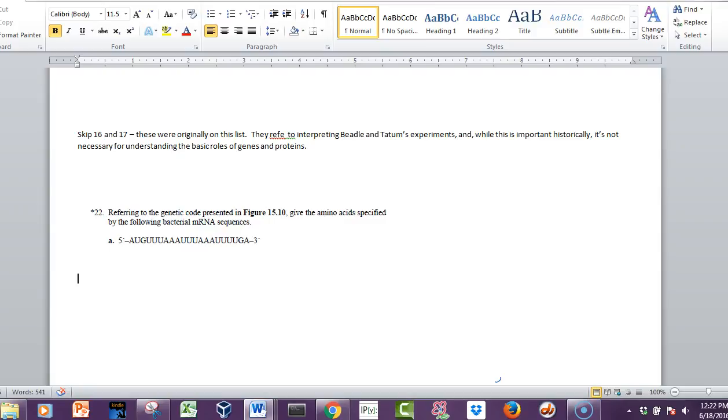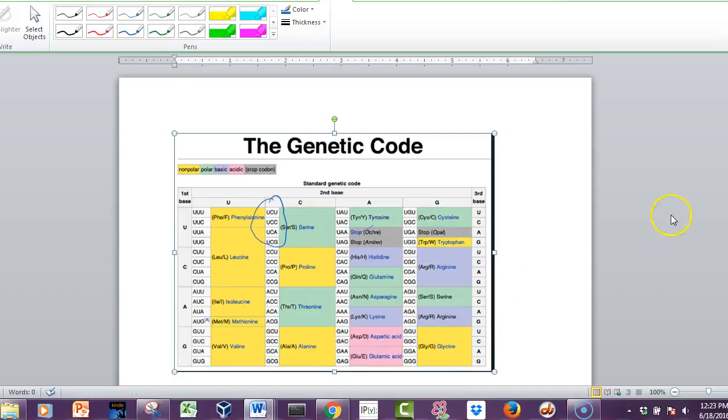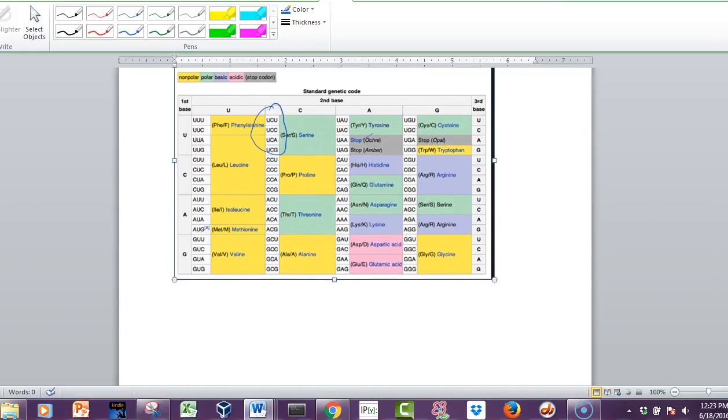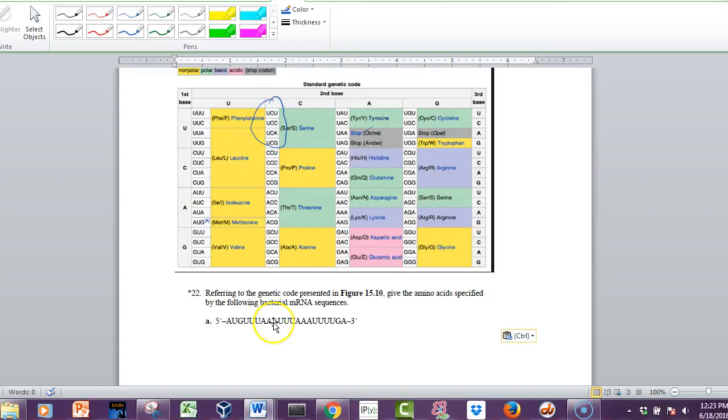Referring to the genetic code, give the amino acids specified by the following bacterial sequence. Ooh, bacterial. So let's see, I'm going to grab this whole thing, and you have to have a genetic code when you're looking at this. So let's look at our genetic code, and we'll put it here. Alright, so if we look at this, this one starts with an AUG, so let's assume that